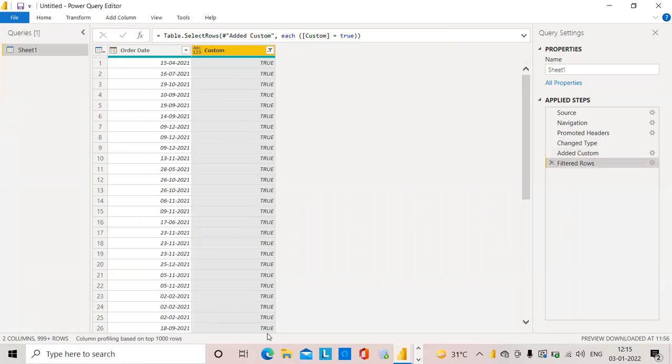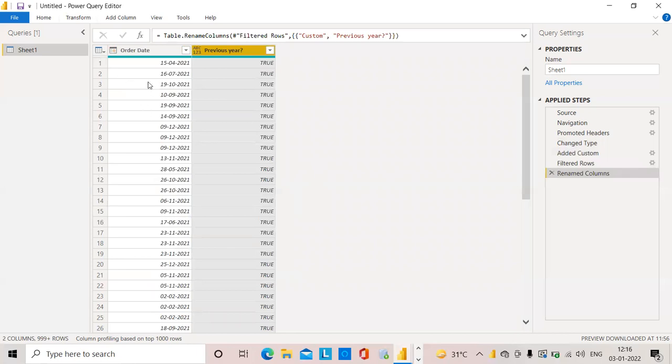Now I am in 2022, and 2021 is my previous year, so it is showing the dates only for 2021. Clear? If you want to give a name for this, you can. I will write here Previous Year with a question mark. You can rename here.